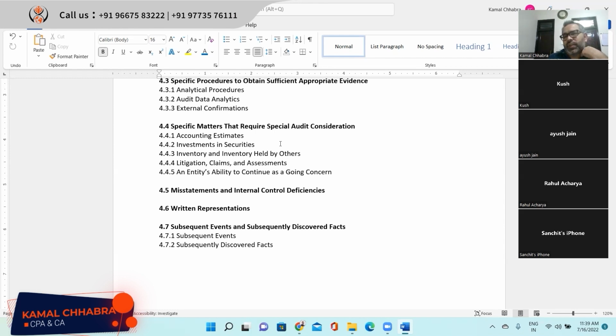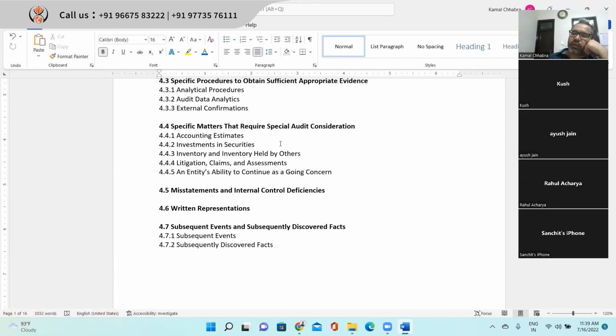the year end is December and the audit committee date is 28th February, right? So we are doing our final audit. Let's say from 10th January, we have started doing the final audit after the interim audit, right? When we are conducting the final audit, we came to know that a labor union has filed a case against the company.